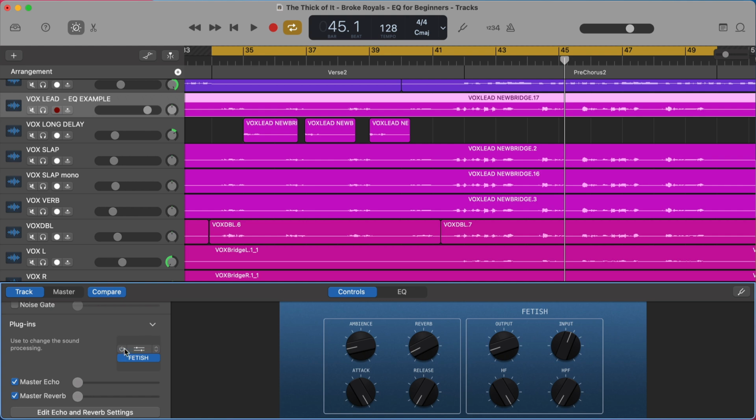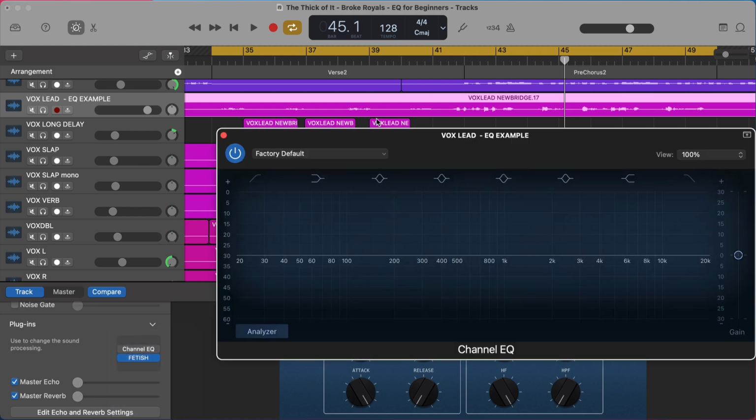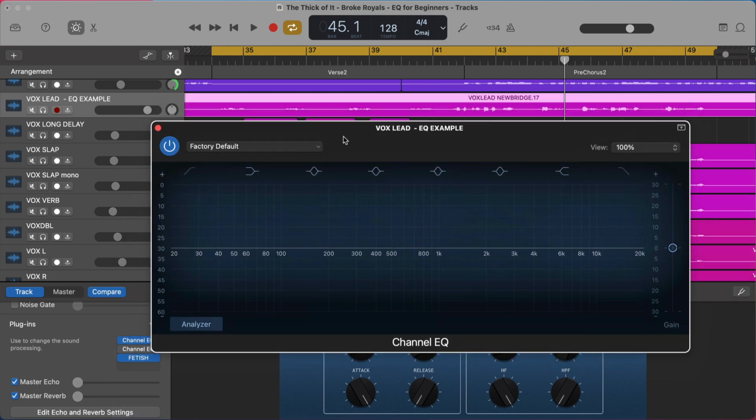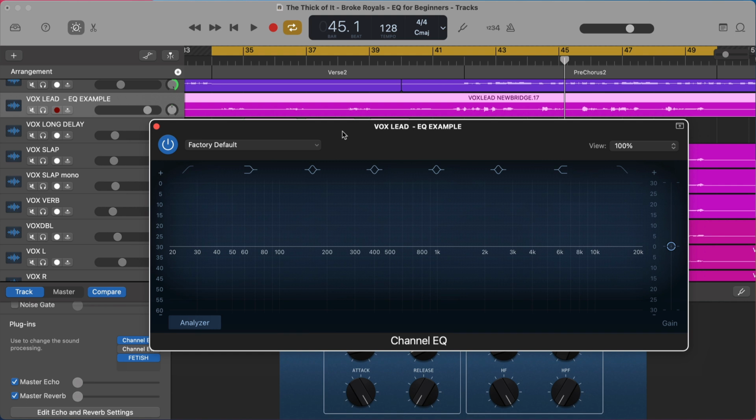So what I want to do is bypass this so this EQ is not on at all, and then we're going to set up a fresh one together. Through it, we're going to talk through each one of these decisions so you understand how big or small you should be making these moves. If you're looking for a video specifically about EQ and vocals, I'll link to one above. I've done one on that already. In this video, I might not go specifically into EQ and vocals, but obviously we'll touch on it throughout. But let's go ahead and get into it and start with the first thing you should be doing on